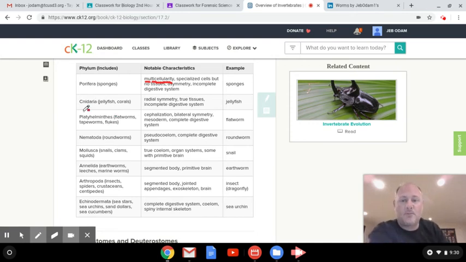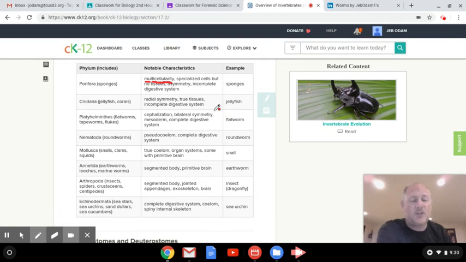When we get to the worms, the Platyhelminthes, the roundworms, the flatworms, and then the mollusks, the squids, the snails, the octopus. Worms, in terms of evolution, are extremely, extremely important. When you think of worms, all you think of probably is fishing bait. Okay, what can I put on my hook? Go catch some bass or whatever. Creepy, crawly figures that live in the soil and things like that.